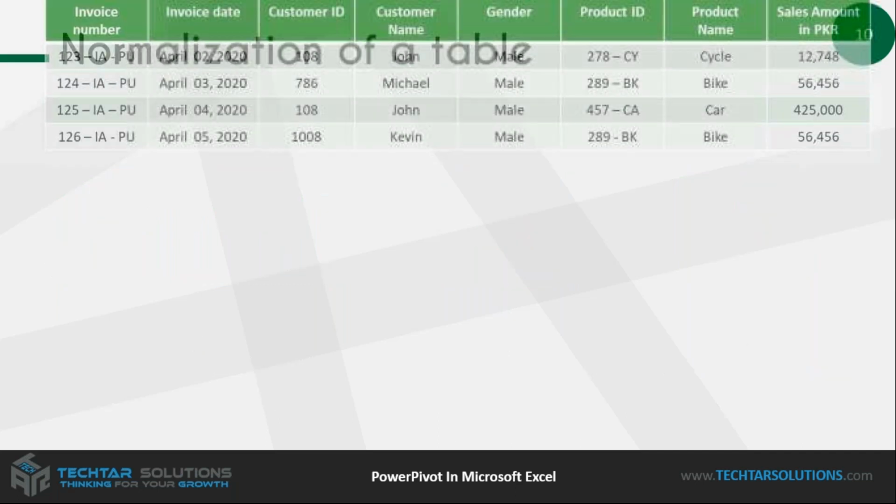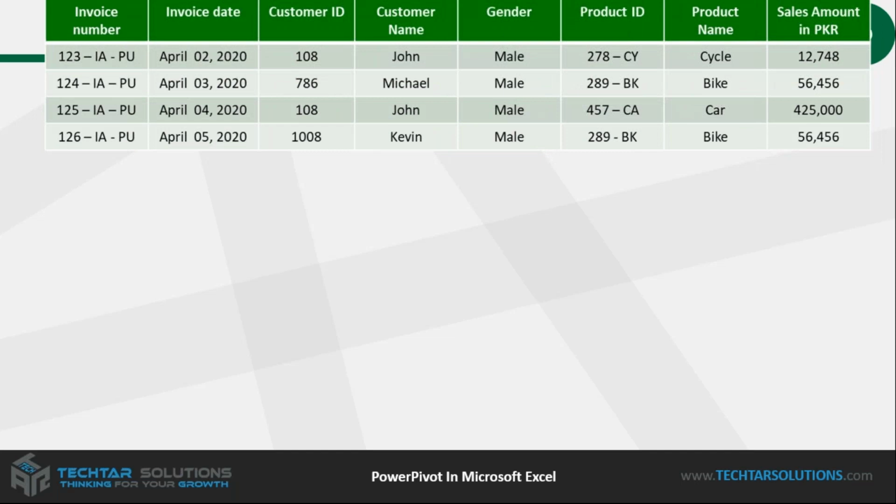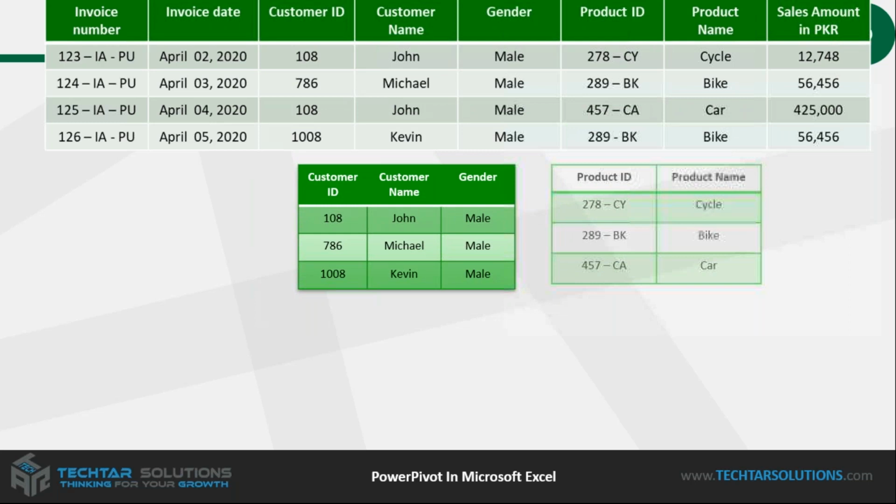So in our example, we started with a fact table that contained multiple information of two business entities, that is customer and product. Then we separated these business entities into a customer table and a product table, recording each information once in the table.